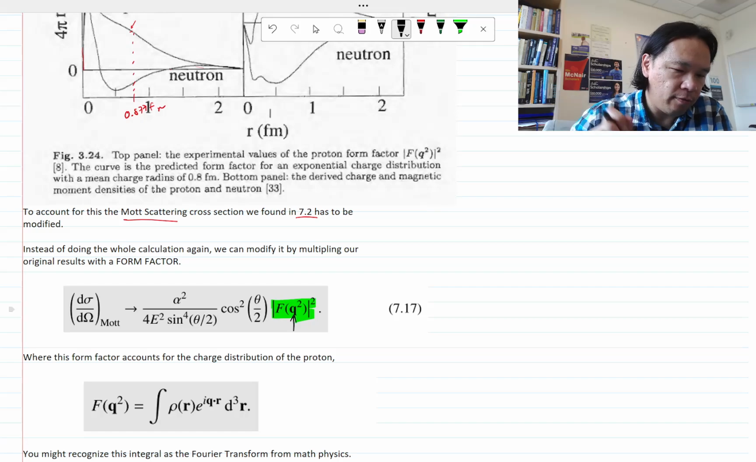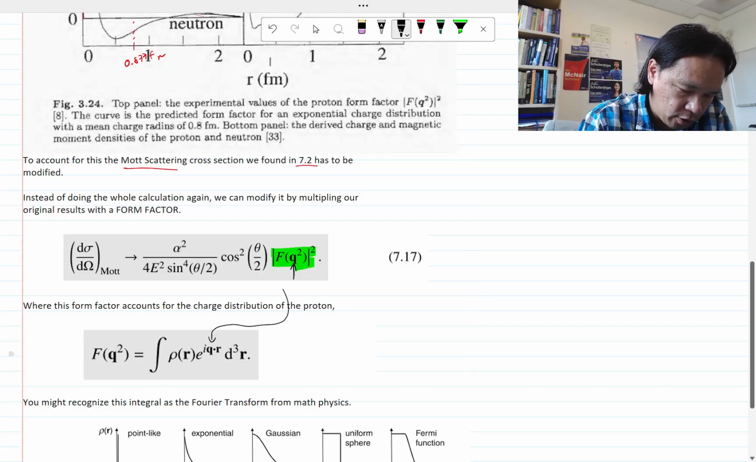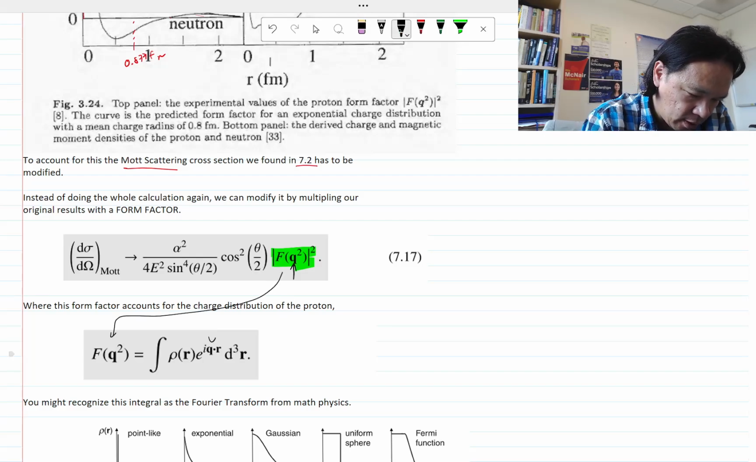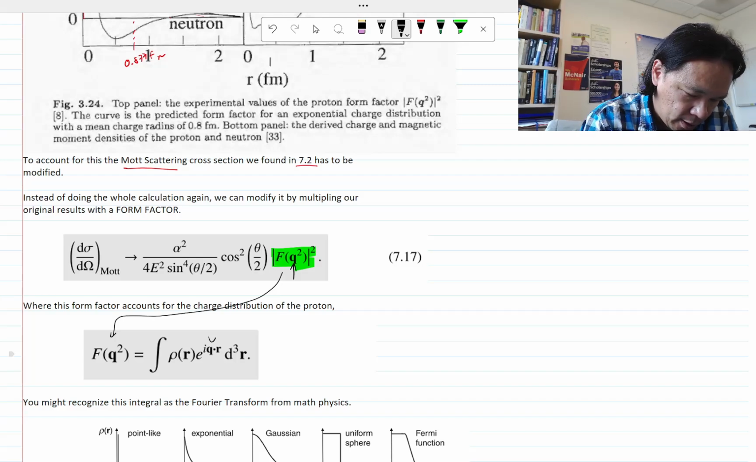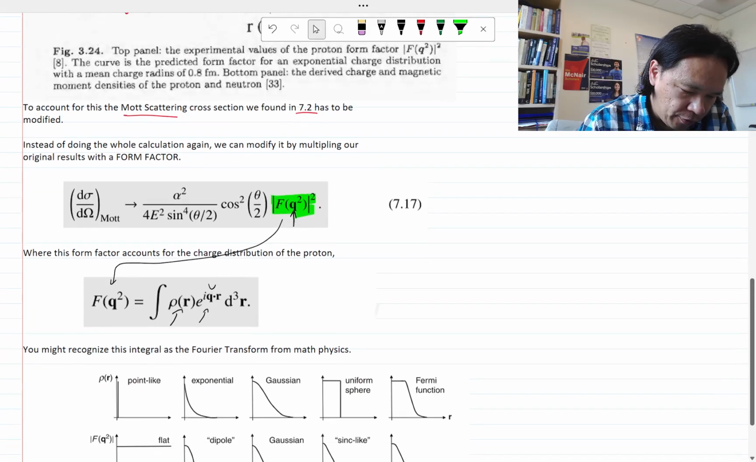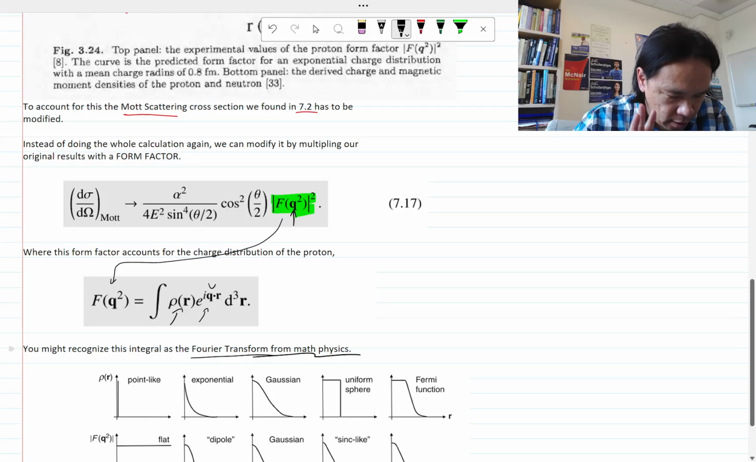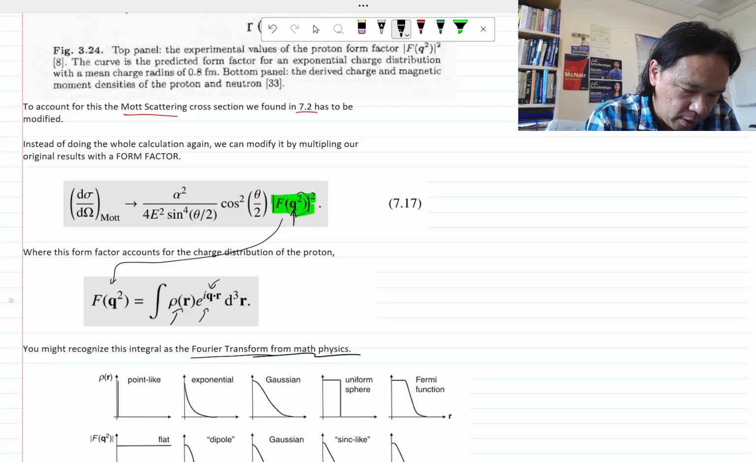Why is it the 3-vector q instead of the 4-vector q? This is actually what's known as a Fourier transform of the charge distribution. So this form factor function is a function of the 3-vector q squared, which is the momentum of the exchange particles squared, and it's an integral of the charge density times e^(iq·r). Some of you might recognize this as a Fourier transform from your math physics class. If you don't, worry not. We're not going to deal too much with it, but just to know why this form factor depends on the 3-momentum q as opposed to the 4-momentum q, because you are basically integrating